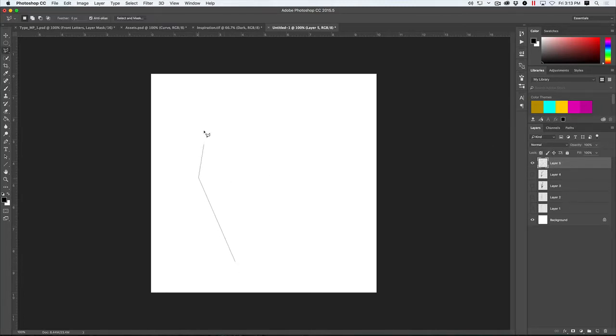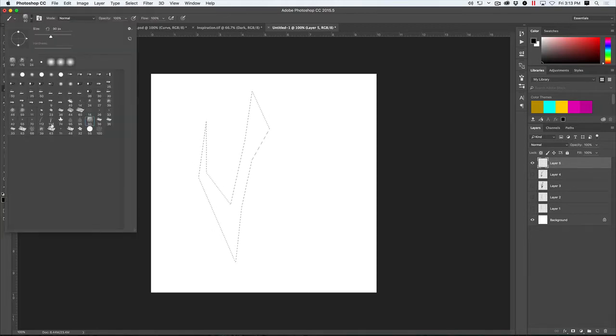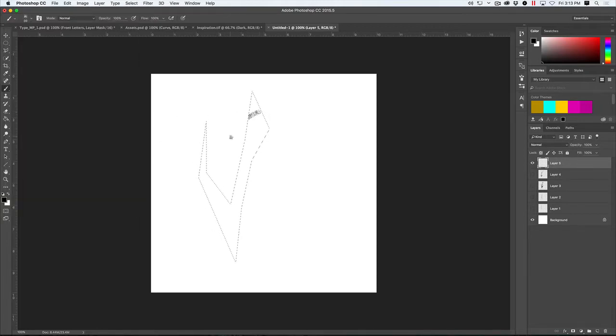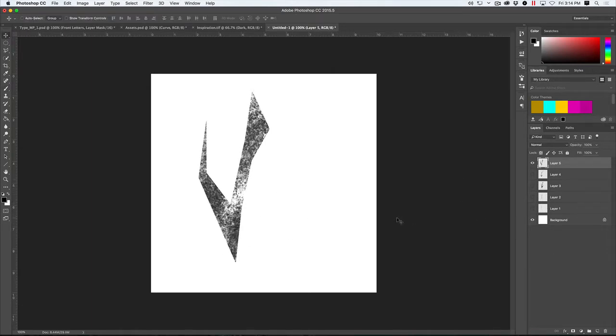So here's L on the keyboard again, and creating a different abstract shape. Hit B on the keyboard, and maybe this is a different type of brush. Let's see what this one looks like. That's kind of cool. So just go ahead and paint this thing in. Just trying to have some fun with this, create some weird shapes. Maybe I can add some lines to this. I'll start with like a 1 pixel line. So just get in here and